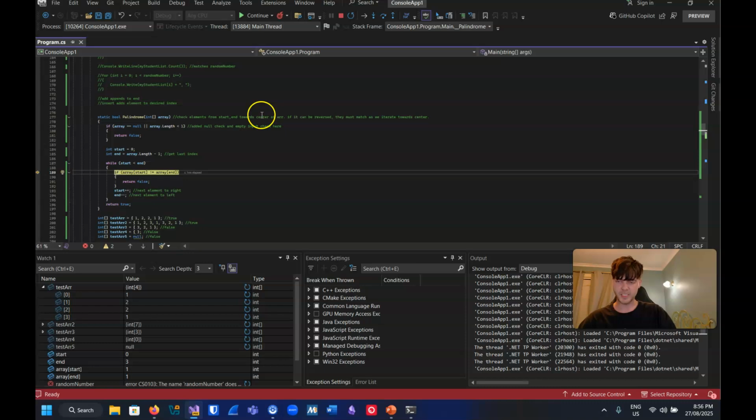And this is sort of where the magic happens. Here we are checking the value of the element at the start index and the element at the end index. If they don't match, that's going to return false, because if they don't match, then you will not be able to reverse the array. It will not be a palindrome. We'll increment our count,